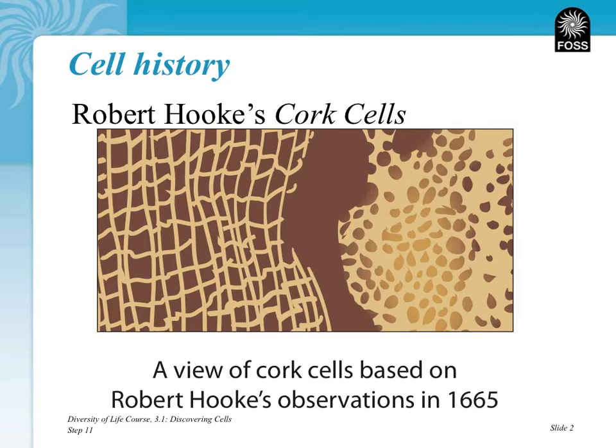The Elodea plant was not the first one to be seen that showed these distinctive box or brick-like structures. Back in the middle of the 17th century, more than 300 years ago, the microscope was a new invention, and Robert Hooke was one of the first people to use it to look at plants. He looked at a thin slice of cork. In this case, cork you would use in a wine bottle, cork that some science labs used to have, a lot of things like this,